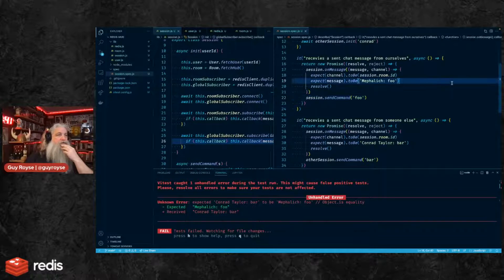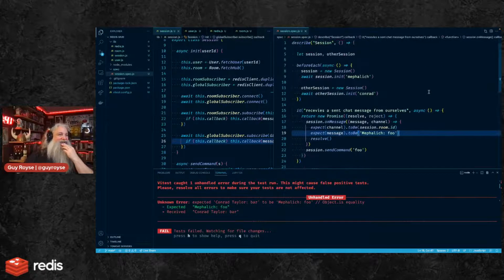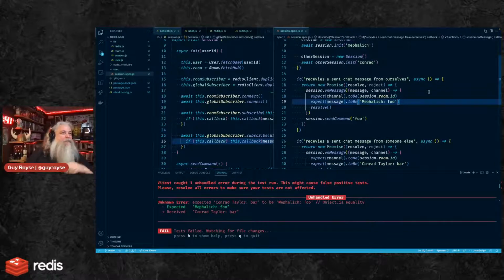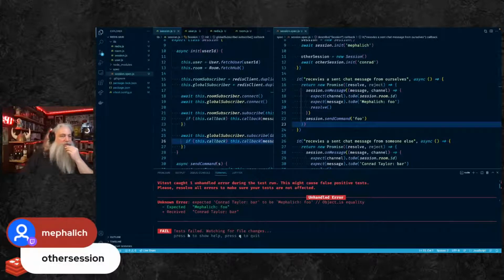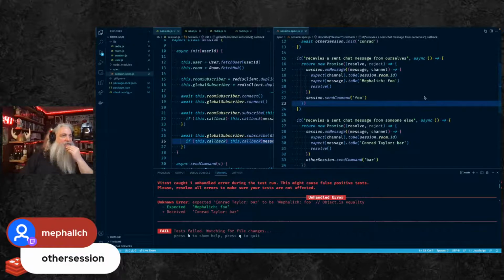Oh, that's funny. Other session, did I spell it wrong? Down here, I'm saying other session, but other sessions should receive this, but so should the same session.